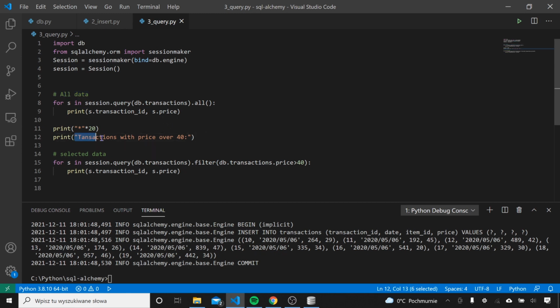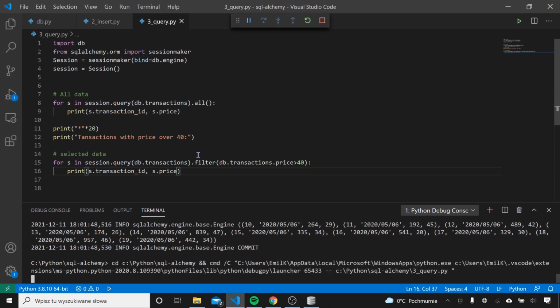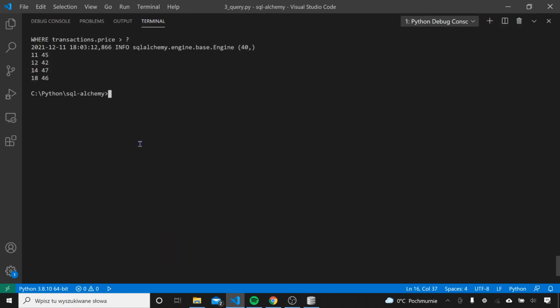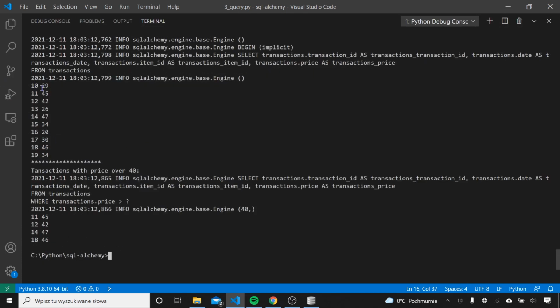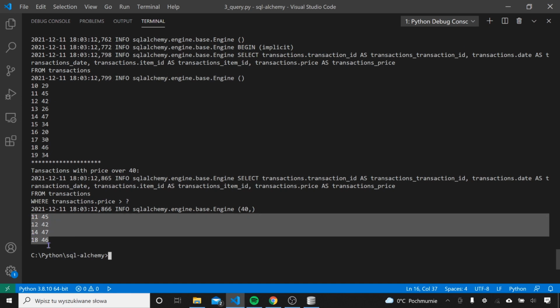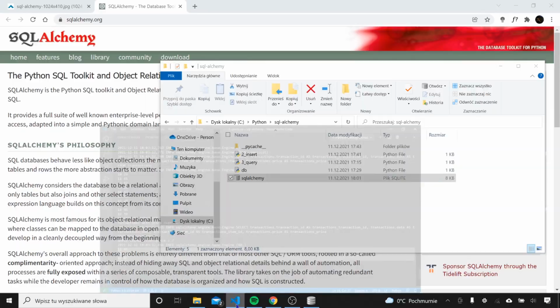Then we want to select the transactions with price over 40, so the query will look a little bit different. We again use the object session query, and here we have the table transactions, but we filter our transactions to select only the ones with the prices over 40, and we print it. So let's run our program this time, and we should see the results of two queries. At the beginning, we see all the 10 transactions and the price, and later on the transactions only with the price over 40, which in our case are 4 transactions, 11, 12, 14, 18 with the price over 40,